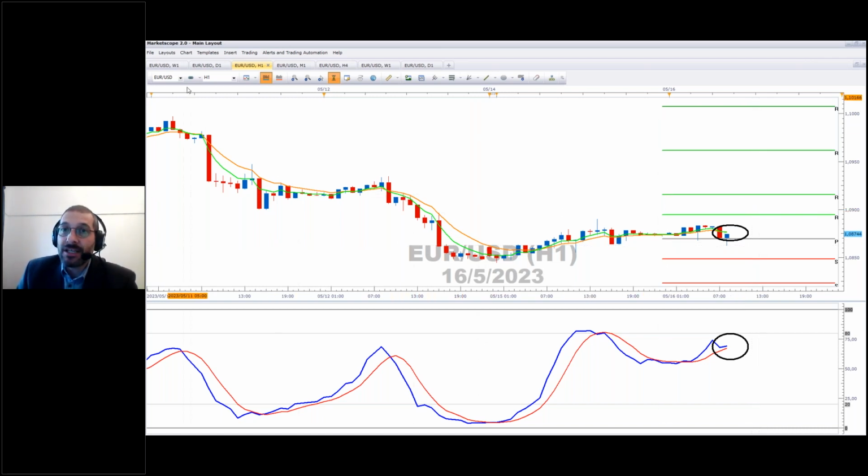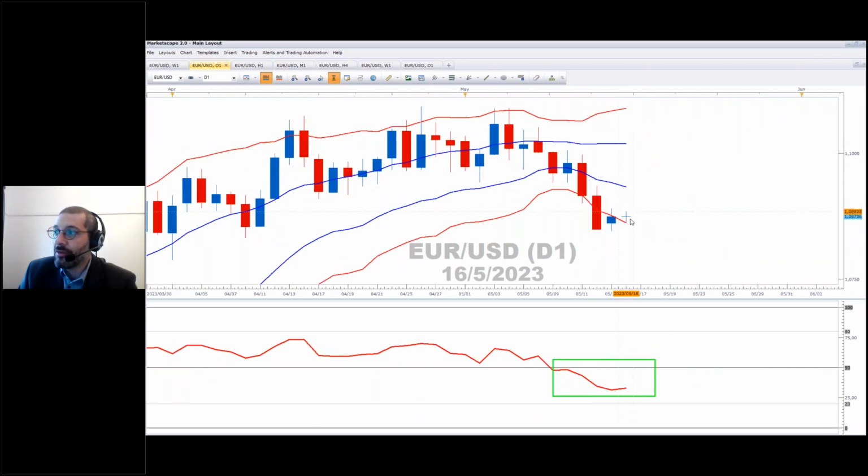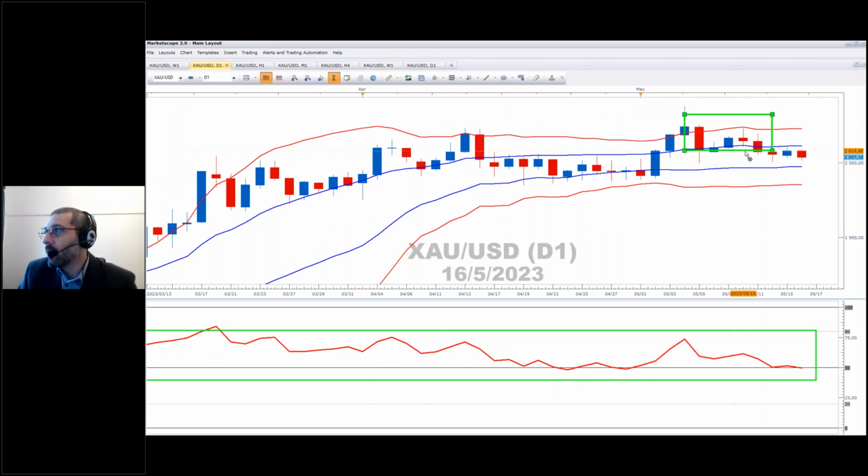Well, if the dollar is being supported to the upside, which other instrument's going to be potentially pressured? Must be gold. Okay, must be gold. Now, before we go through to gold, I want to just go through to the Euro US dollar daily chart. Here we can see it's in zone 3. Here we can see that the RSI is below 50. Gold, not quite as clear cut. Let's just go through to gold here. You can see gold actually in zone 2.